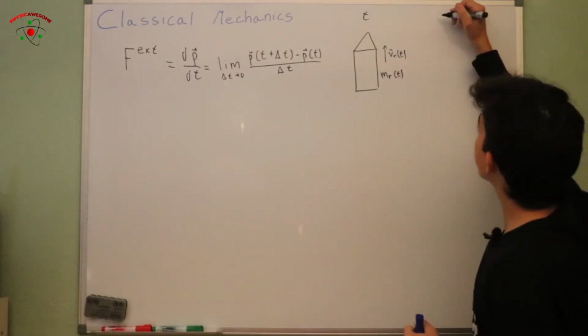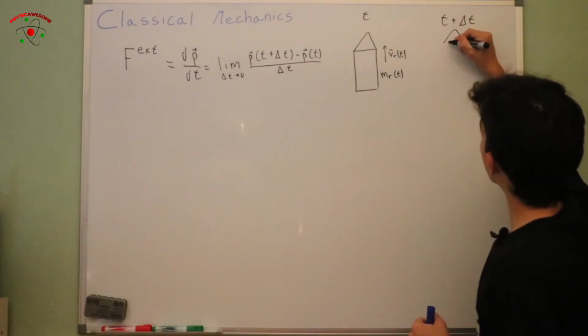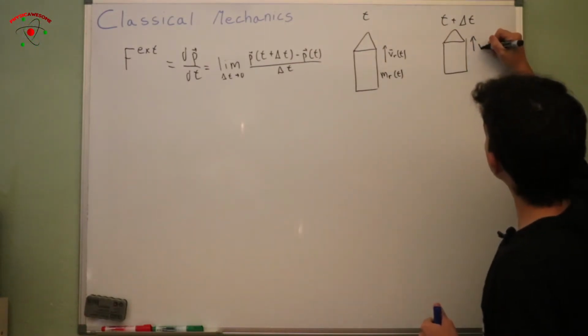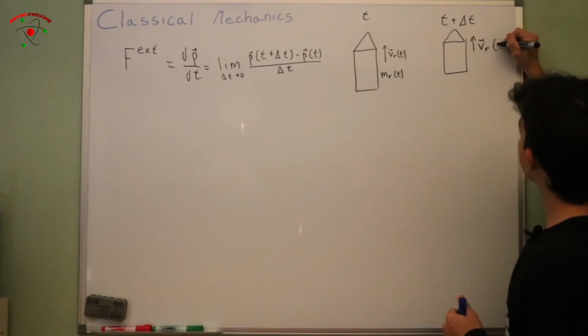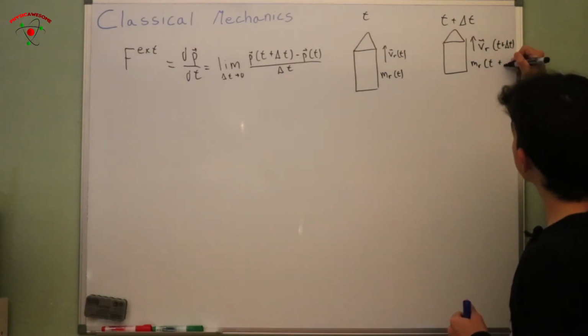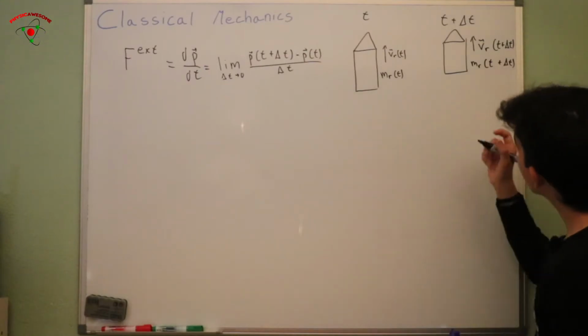Then at time t plus delta t, we're going to have our rocket over here. We're going to have a different velocity v_r of t plus delta t. We're going to have a different mass at t plus delta t,